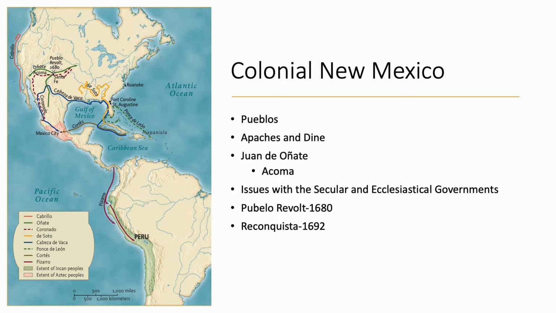There was not going to be another massive empire of gold and silver and treasure. But there still was a possibility that they would indeed find, much like in Zacatecas, a large lode of silver or gold hidden in the mountains. And so Juan de Oñate had hoped to be the next person to find such a lode. Well, the word lode refers to the actual silver and gold in a mine or a particular vein in any type of mountain range.